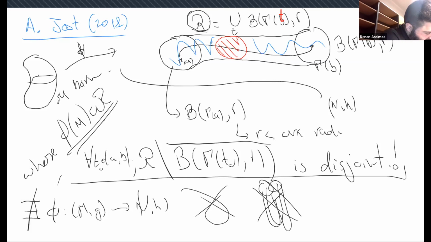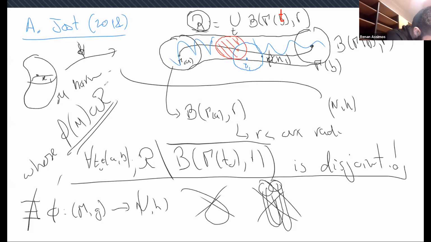Then there exists a point x1, and this point x1 is mapped here somewhere, so this is phi of x1. By the construction of my region, since it is given by the union of balls that are all convex, I can find some time, let's call it t1, such that the ball of radius R centered at gamma(t1)